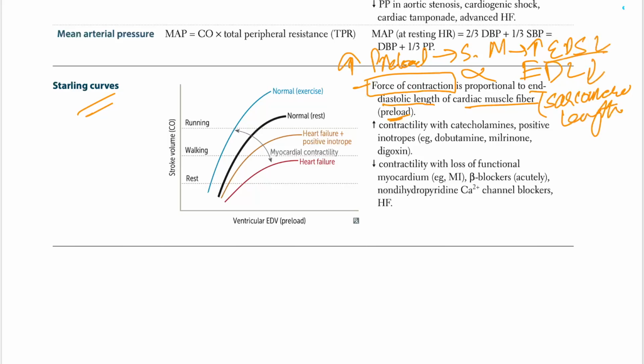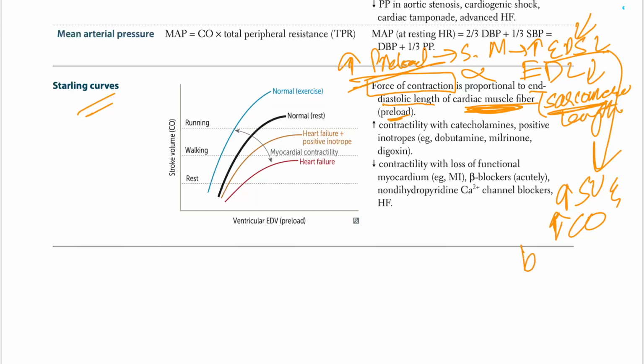In other words, it increases the end diastolic muscle fiber length. But the important thing is sarcomere length. And that would do what? Guess what? We have increased preload. We have increased the end diastolic sarcomere length. Now what? So that would increase the stroke volume and increase the cardiac output